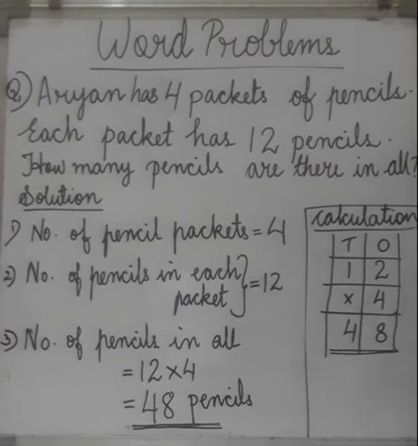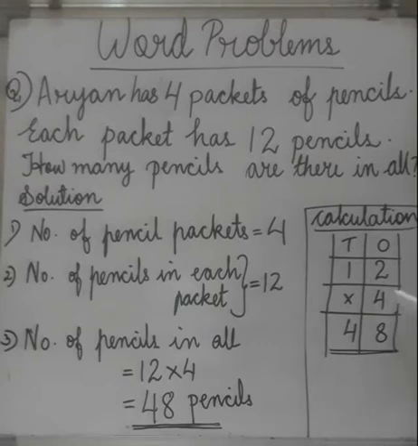The calculation is here. Write 12 at the top. 2 is in 1's place, 1 is in 10's place, and 4 is in 1's place. Now we are going to do the calculation. First we will multiply 4 with 2. 4 1s are 4, 4 2s are 8. So write 8 here under 1's place.